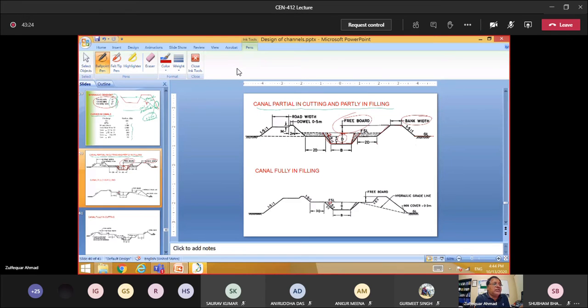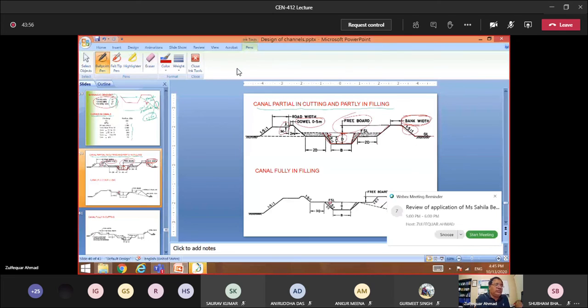And this side slope will be decided on the basis of what type of soil it is. But in general, in the filling, we take 1 vertical to 1.5 horizontal. This is a non-inspection bank, but this one on the left-hand side is an inspection bank. You can see here this dowel, as I told you, is 0.5 meter high. The height of this one is also 0.5 meter in general. And this is the road width, and this one is the side slope, right?